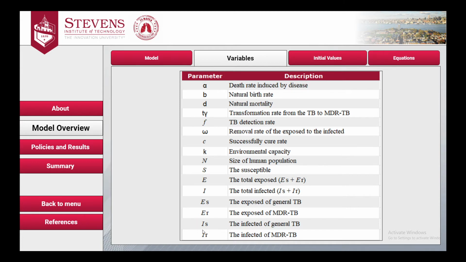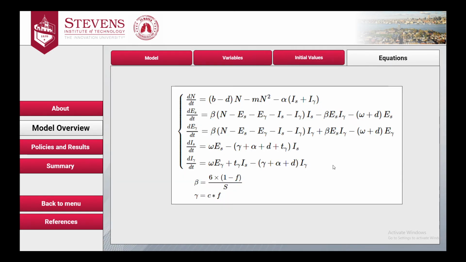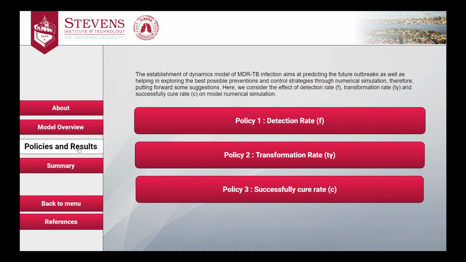I, R, and RS are the infected of general TB, which is tuberculosis, and IR is the infected of MDR tuberculosis. Here I press initial values to have a look at the values of each parameter, and I also can find the equations. Based on these equations, it's the model, mathematical one, I made the Stella model that we had a look at first. Then you can place some policies and results here down under model overview, and as you